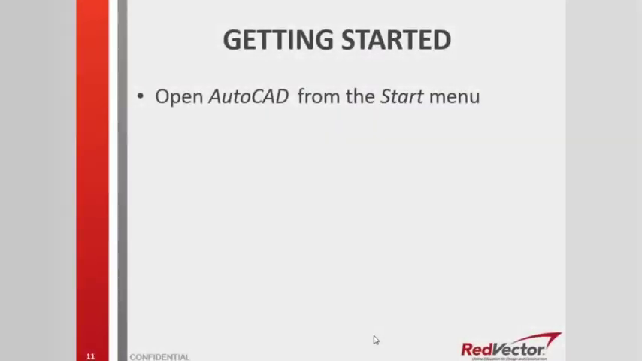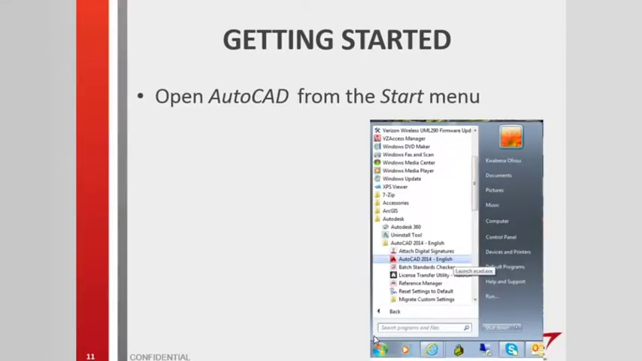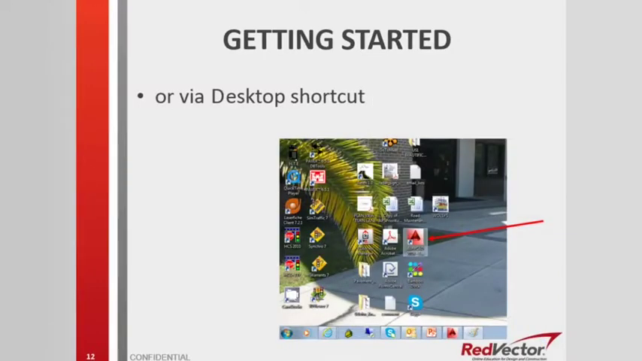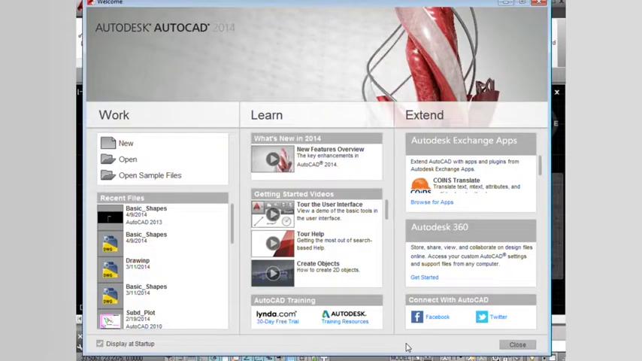So at this time we'll go ahead and get started. We are going to open the AutoCAD program. The AutoCAD program can be opened from the Start menu, or during the download process a desktop icon is also put on your desktop that you can click on to launch the program. So I'm going to open up mine here from my Start menu,